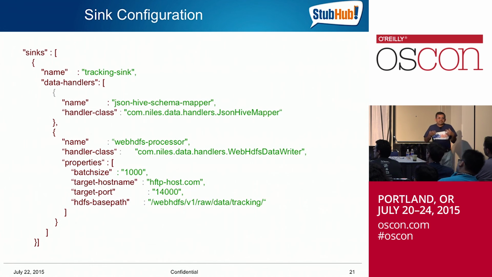What it means is that the first handler is reading from the channel that the last handler in the source chain has written to, and it is trying to map it. I'm receiving what could be an Avro schema or just pure text JSON. I need to map the elements coming in, because there's no order guarantee when you bring it in as JSON, to my Hive schema, and write into that map layer. That's what this does. Then the second guy comes in and says, okay, I'm taking these bytes and putting them into HDFS through the web HDFS interface and writing to that.